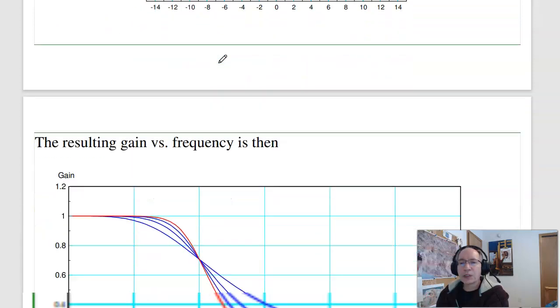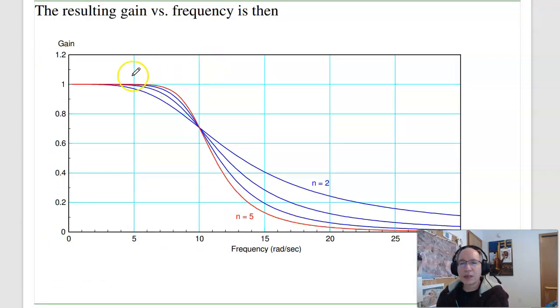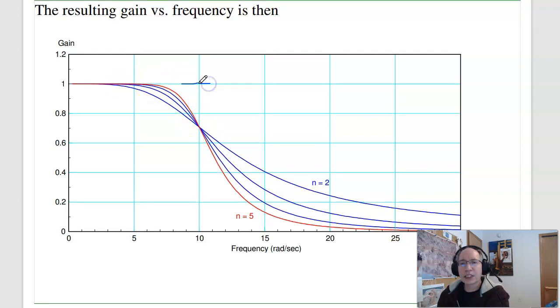Butterworth filters behave much, much better than RC filters. Again, for an RC filter, the gain started at 1. It was 0.7 per single pole. For 5 poles, it was 0.7 to the 5th power, which is right around here. Butterworth filter, the gain is fairly flat and then drops off. Again, designed for the corner at 10 radians per second. So this is what the gain should be. Gain should be 1 out to 10 radians per second, then flat. It does pretty well out to about 6 or 7 radians per second, then the gain drops off. Much better than an RC filter,